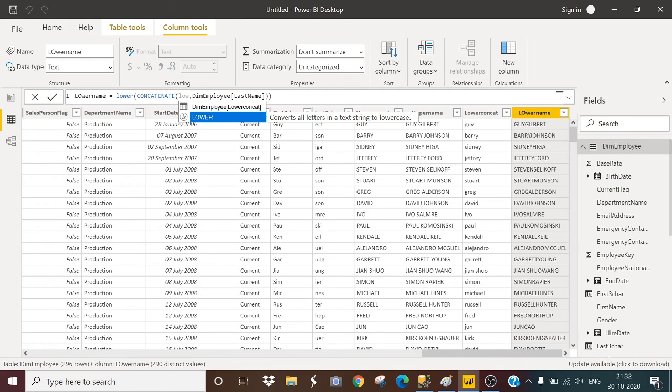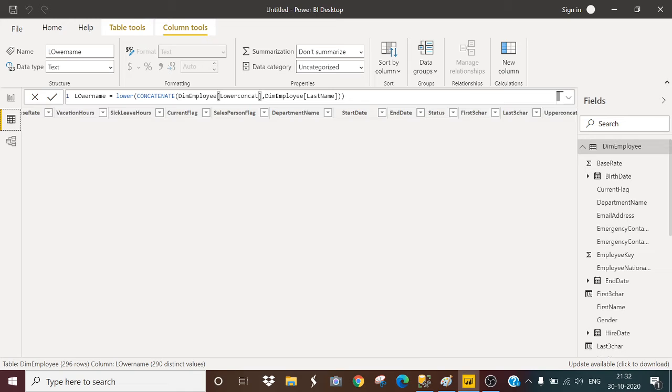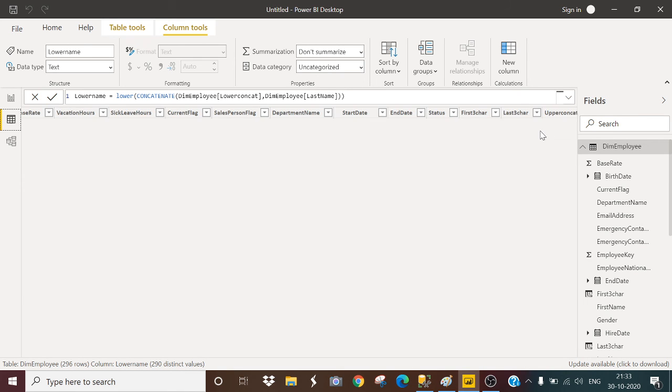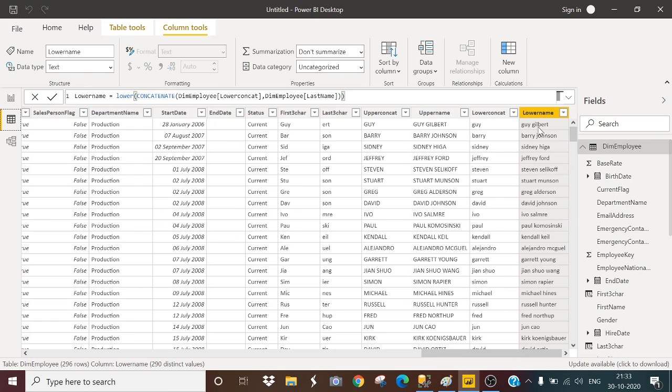Now I think it will give me the correct results. Yes, now it is giving me the correct result, which is the lower name with proper spacing in lowercase.